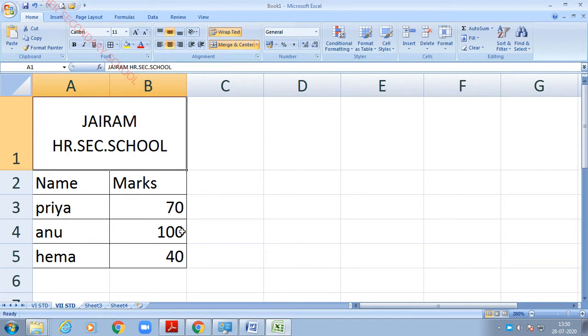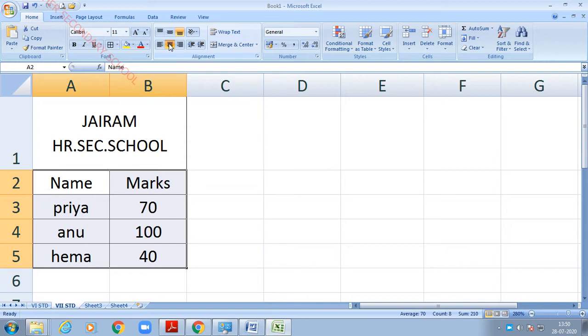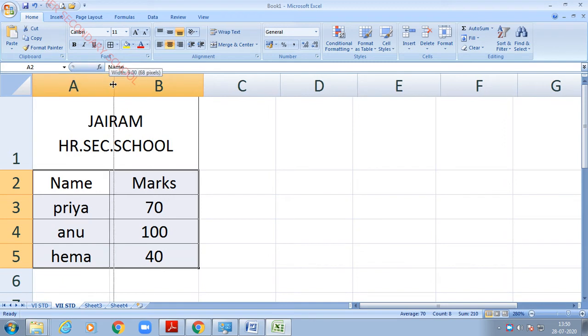It becomes middle. Next, some data is in a left alignment format, some data is in a right alignment. So I am going to change it, select the entire data. I am going to give this center option. You can use the center option or Control plus E for center. That and all you know, because you have learnt it in MS Word itself.